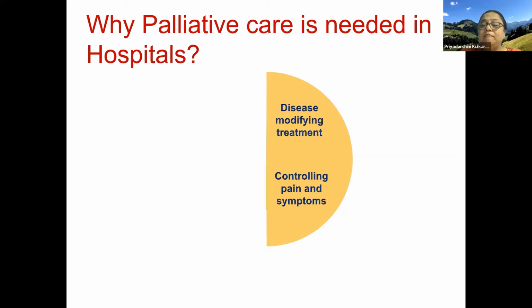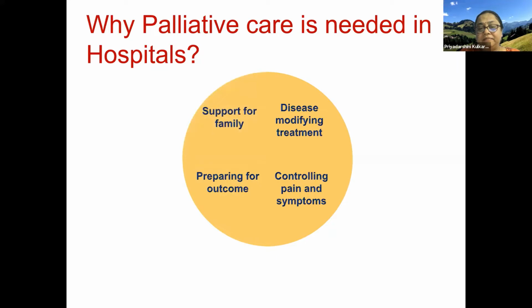So normally someone is not well and rushed to the hospital. These two things, that is half of the whole care which is needed for patients, is done in the hospitals. That's done very well. But what about this? Who prepares them for outcome? Is there anyone who can support family members? These are the areas where we can get inroads into, right? Any thoughts, any comments at this point?